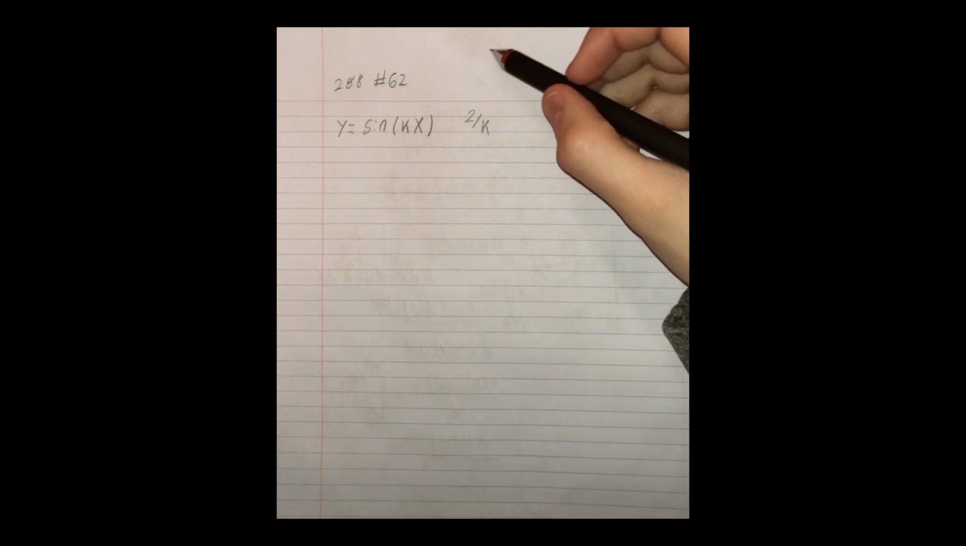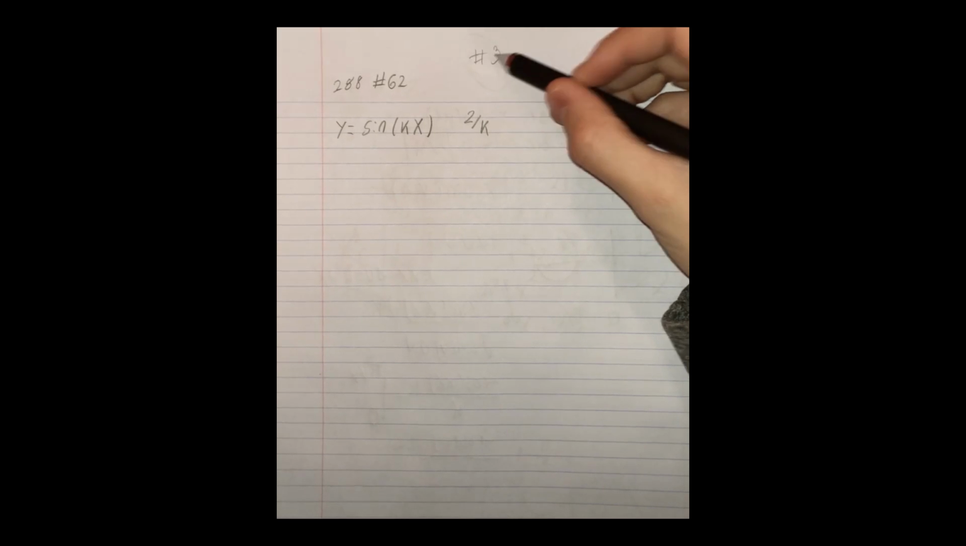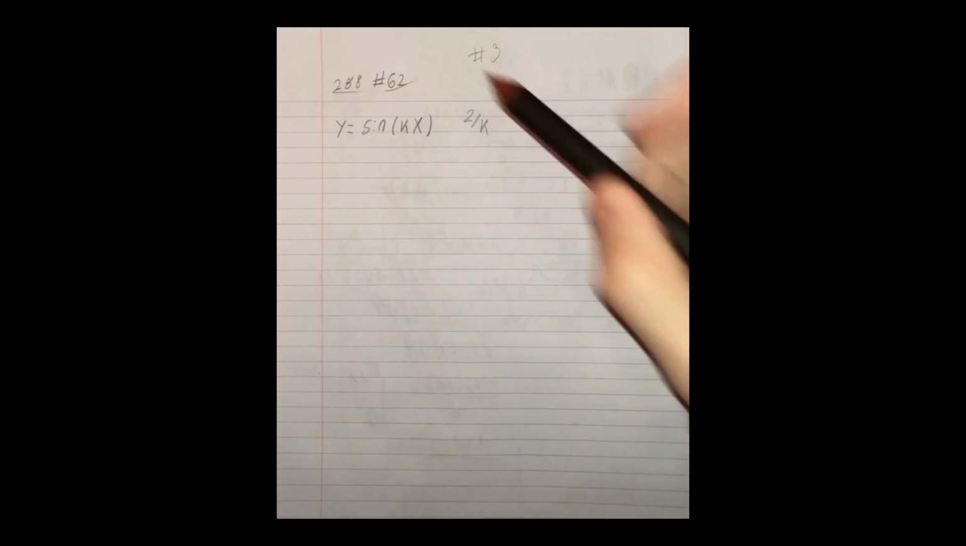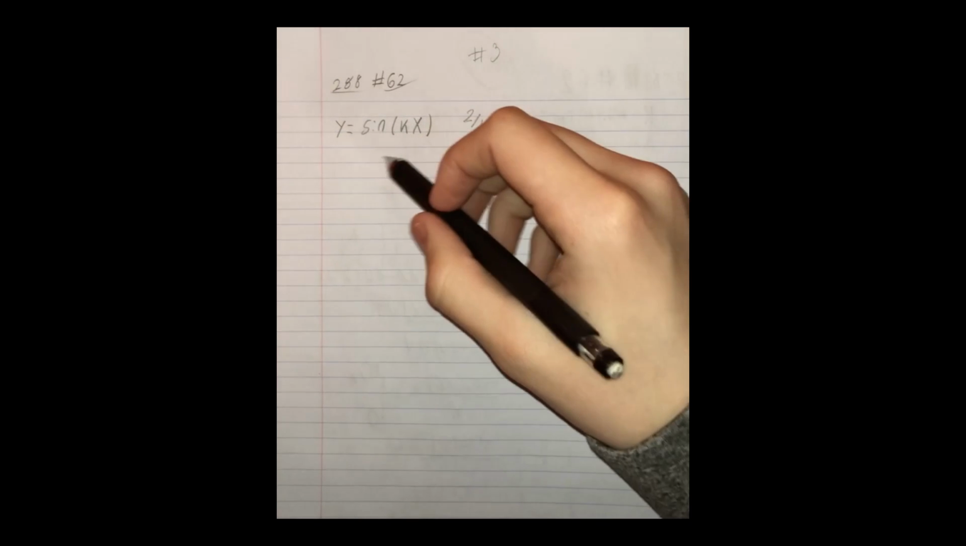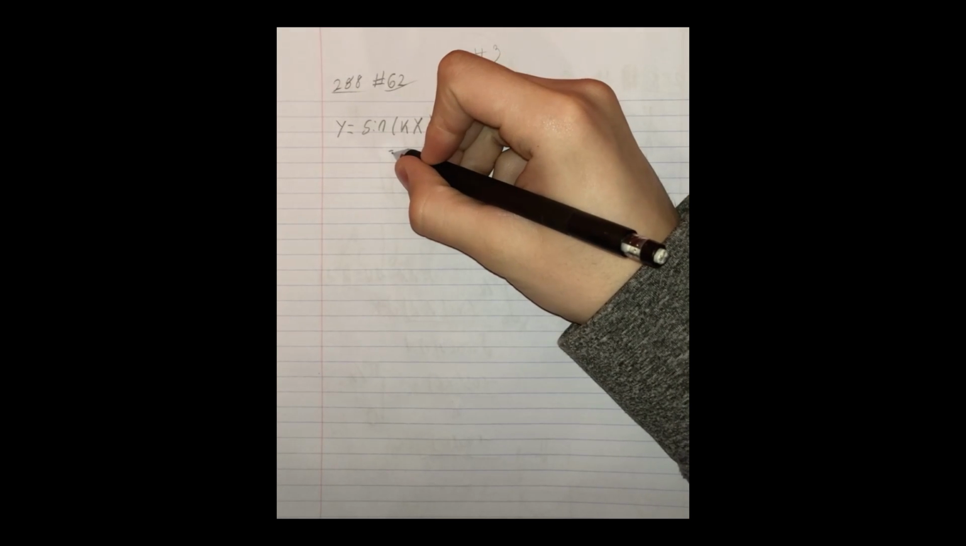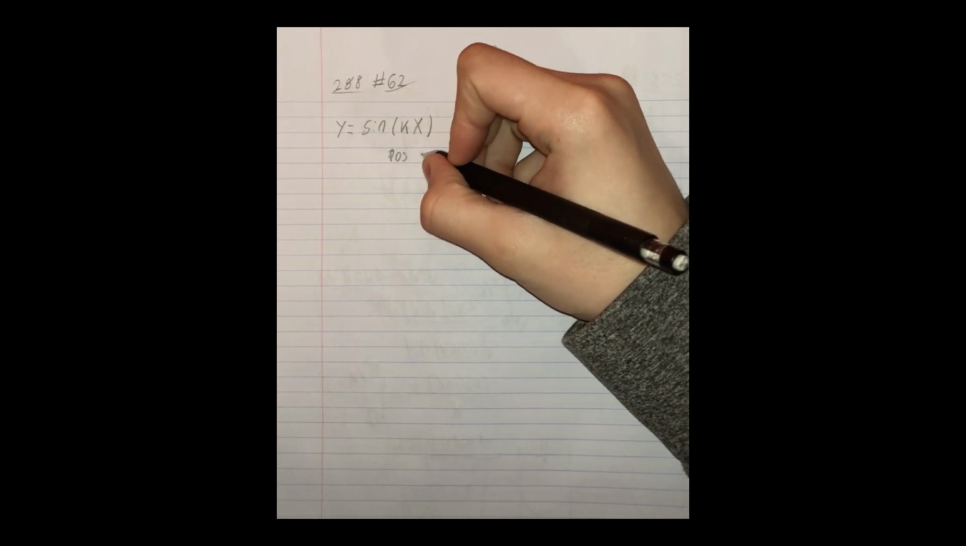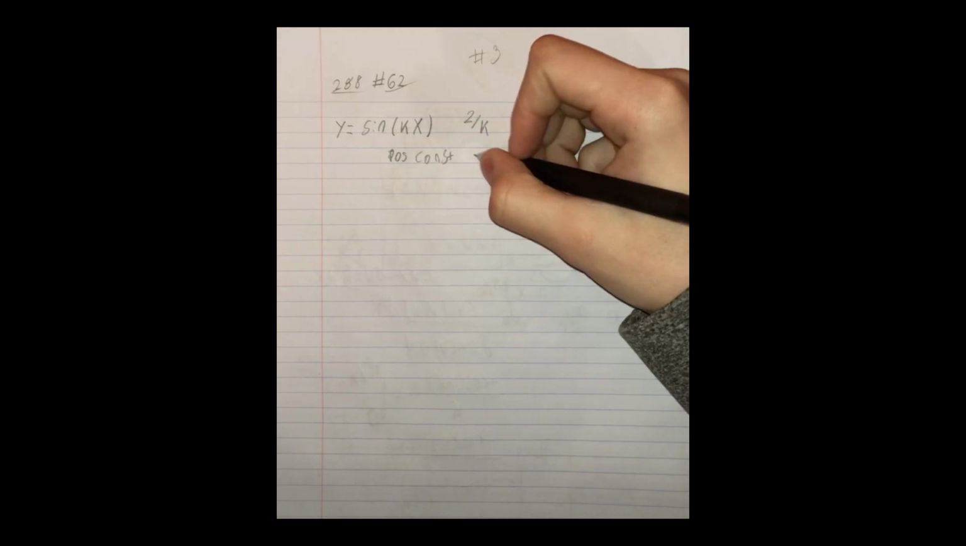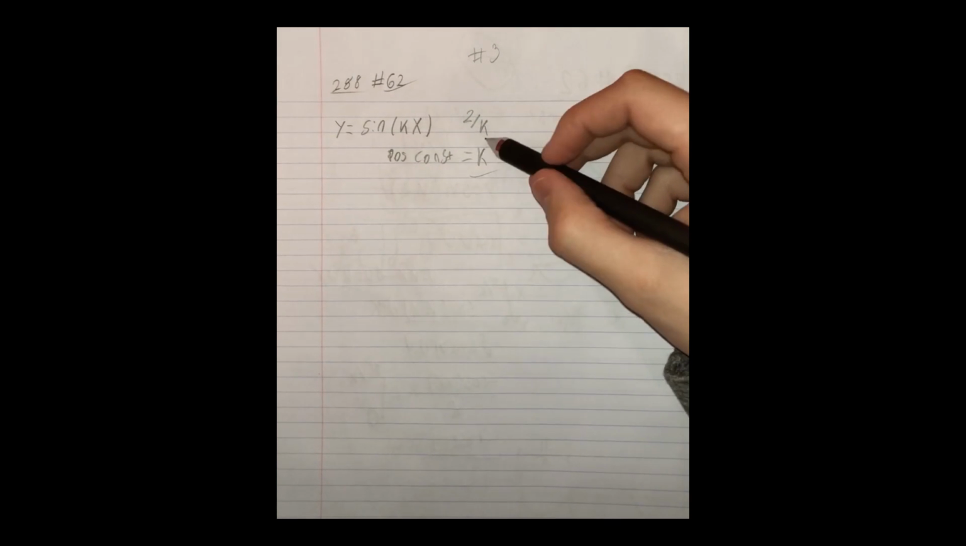Alright, so for problem number 3, we're going to be looking at the equation. I'm going to write number 3 up here. This is number 62 on page 288. We're going to be looking at the equation sine kx. K in this case is a positive constant as described by the book, so we're going to say positive constant equals k. And this k constant is going to be important in this case because it's going to determine our